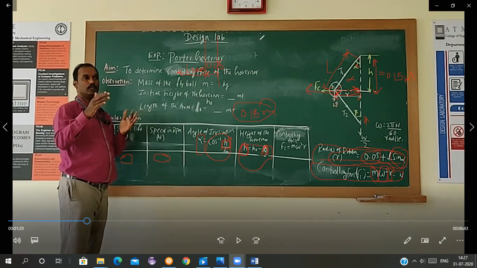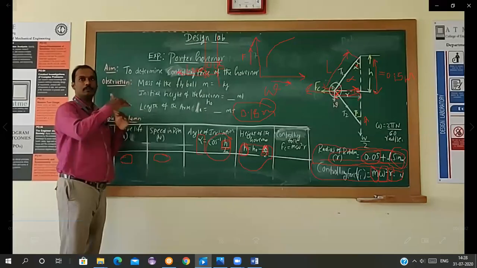For this centrifugal force, we have to plot a graph at the final for different values of the centrifugal force at different readings. Here, see, there is a force here. We have to plot the controlling force or the centrifugal force here, and the speed in the x-axis, your omega will be here. So you will get a graph somewhat like this. You have to plot the graph, and the force is increasing as the speed is increasing. You have to show it. All of you are getting this, students?